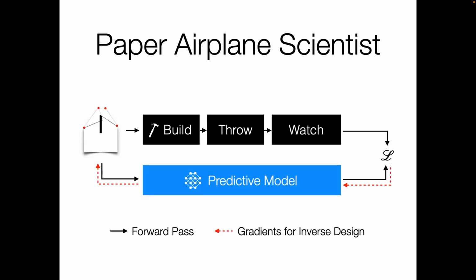So I'll skip a lot of the details here, but we basically built this predictive model that learns, given a particular design, to predict how far that design is going to go. And what's nice about this is that this is differentiable. So you can use this as a surrogate and basically use backpropagation to invert that model and figure out what is the best design that is going to maximize this distance. And so you have to do both these steps in tandem, where you are doing these experiments to figure out how good a particular design is, training that predictive model at the same time, and doing an inversion of that in order to figure out what the next best